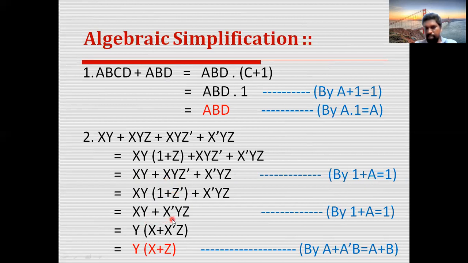So remember that 1 plus anything will be 1 only. So you will get 1 again. And take Y as common from these two, you will get X plus X bar Z. How is it looking? Like A plus A bar B. So you will get X plus Z, so the answer is Y into X plus Z. So the entire expression with very lengthy 4 terms, we simply converted into a 3-literal expression.